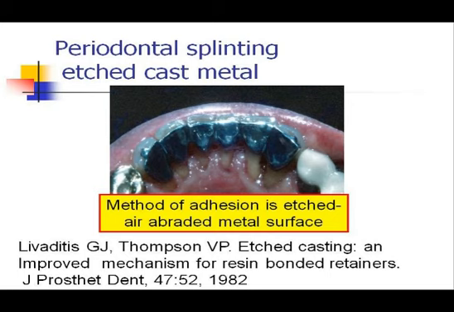We then were able to do periodontal splinting with etched metal cast frameworks, what you might know as Maryland bridges, where the metal was either electrolytically etched or later sandblasted. We were using base metal, nickel chrome alloys, that could be treated on their inner surfaces, made microscopically rough, and bonded with bonding composites to the lingual surfaces of the mandibular teeth and the maxillary teeth. And if placed correctly and the teeth stabilized correctly,